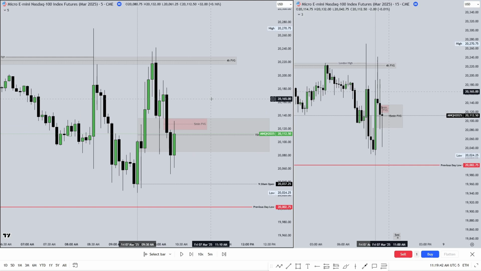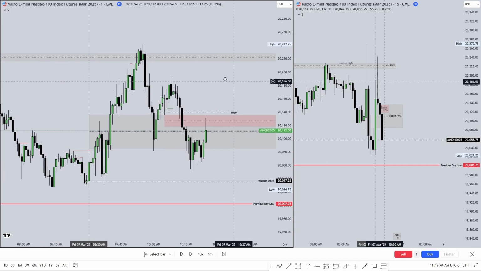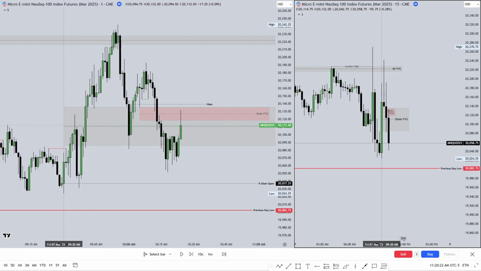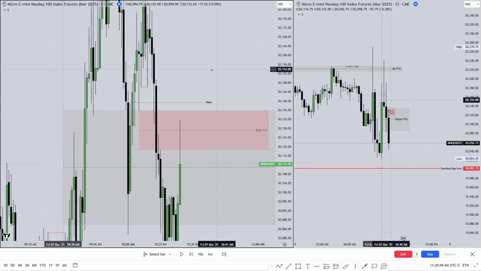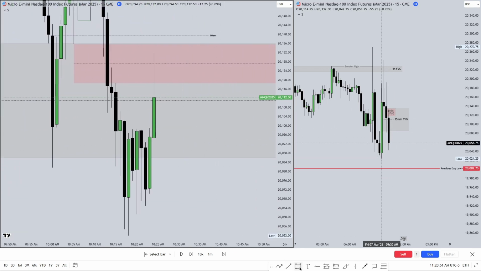So now that we've hit this 5 minute, I'm going to go down to the 1 minute time frame here. And now in the 1 minute time frame, I'm going to be waiting for some kind of signature that supports shorts, right? Because remember, this previous day low, it's still intact. I want to see order flow shifting bearish to confirm that we would be drawing towards this and this 9:30 a.m. low right here. So we hit this 5 minute fair value gap, and what we've done right here is we've left a little bullish fair value gap on the 1 minute time frame here. Now if I make this a little bit bigger, I want to mark this out.